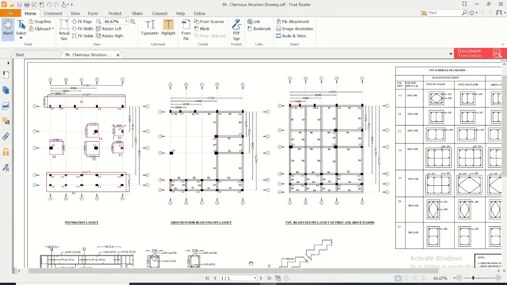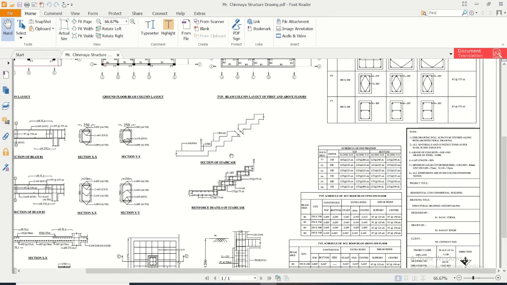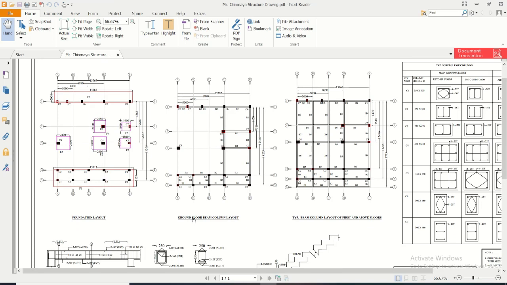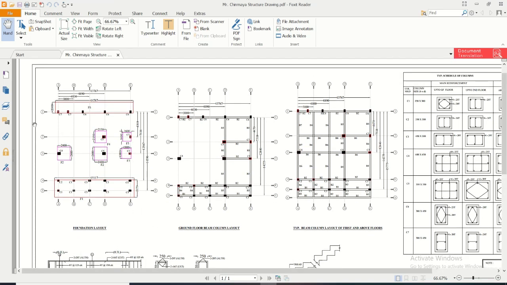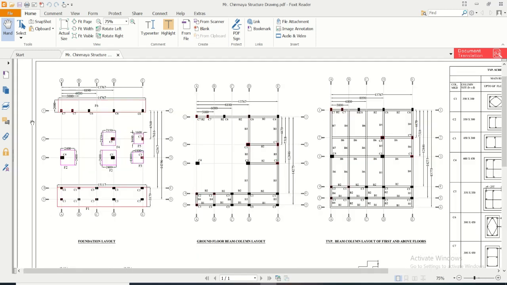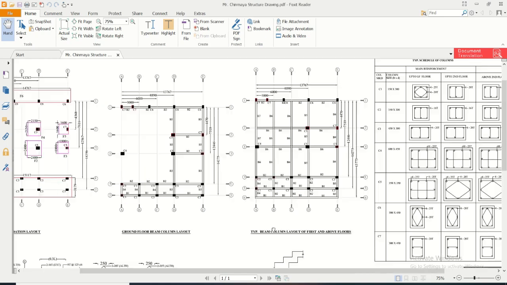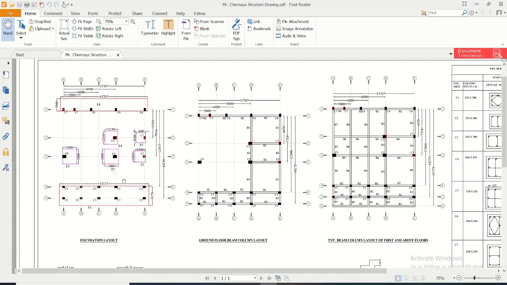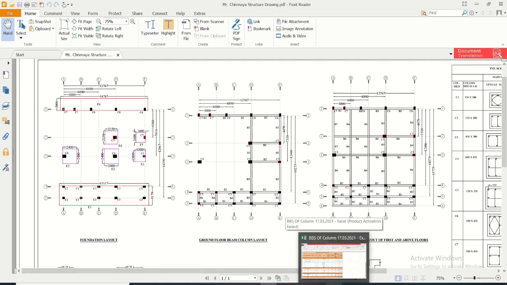So basically all of us know something about barbering schedule, but what is its use? So in today's video let me tell you a very basic use, the reason for which I am doing this right now. We have a site and the structural drawing is being finalized, and we have to give the client a particular schedule of the materials or the reinforcement which he has to order so that he can start the works. So that's exactly why we are doing this barbering schedule.